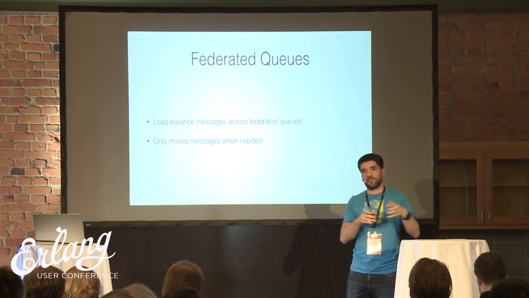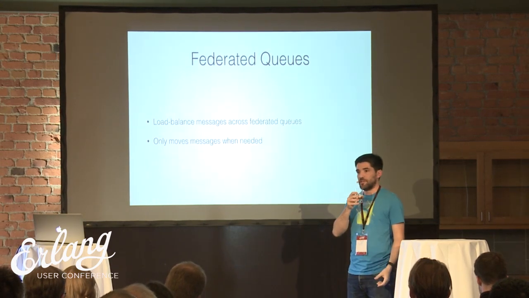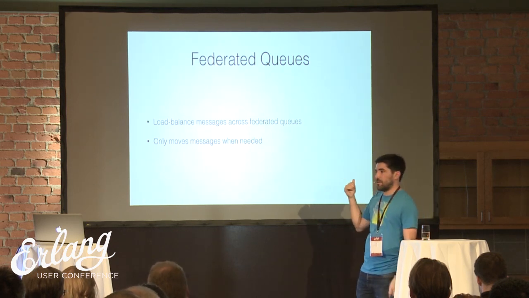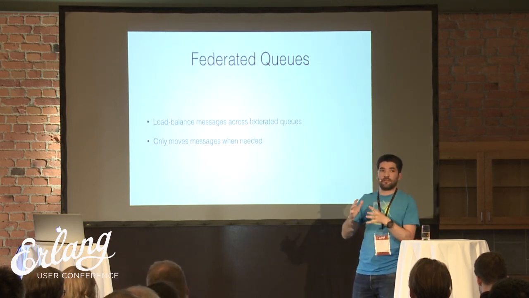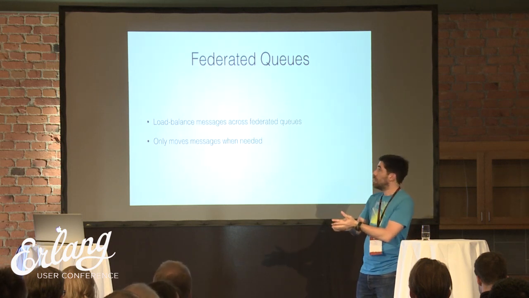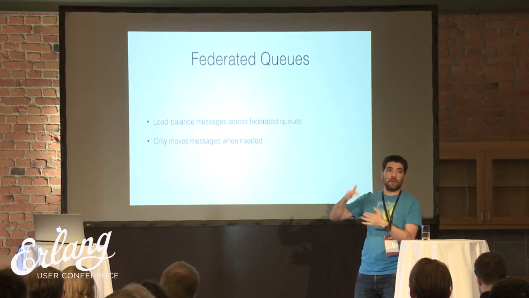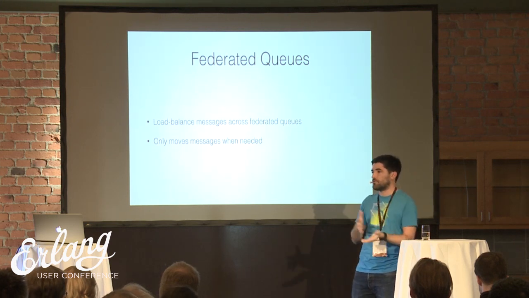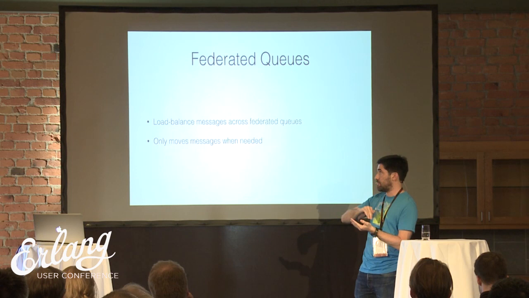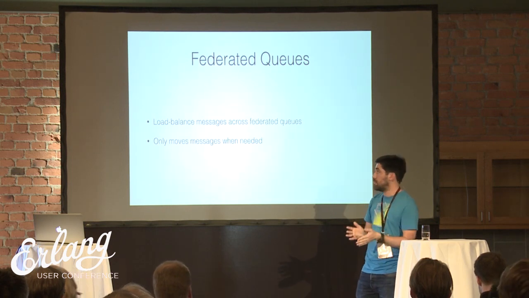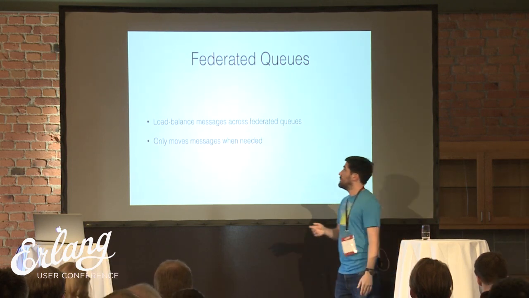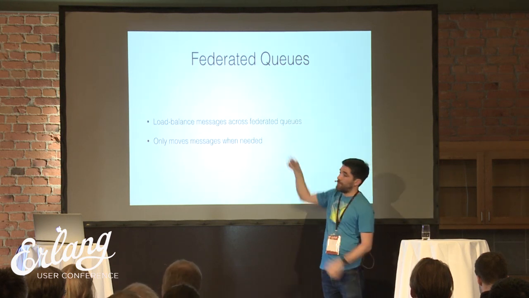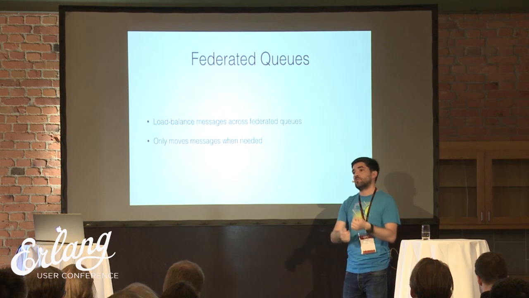That's the final destination after you got routed from the exchange, or after Rabbit did the partitioning, the message is at the queue. But that queue is getting filled up with messages and messages and messages, and your consumer cannot keep up. You add more consumers, still you cannot keep up with the amount of messages that come in on that particular node, for example. The federated queue will pick messages from one queue and send them to a different queue,